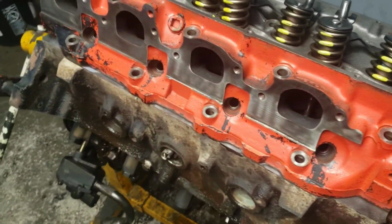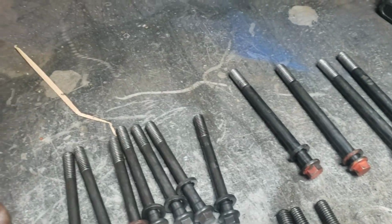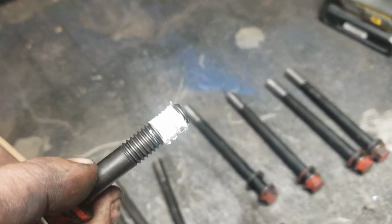Everything's cleaned. All the bolt holes are cleaned. All that kind of fun stuff. Next step is putting all the bolts in. I took all the bolts over the wire wheel and cleaned them up. Now we're getting ready to put them in. These holes